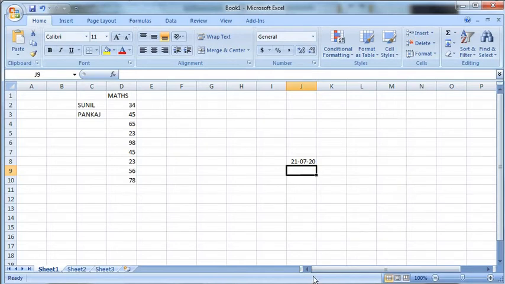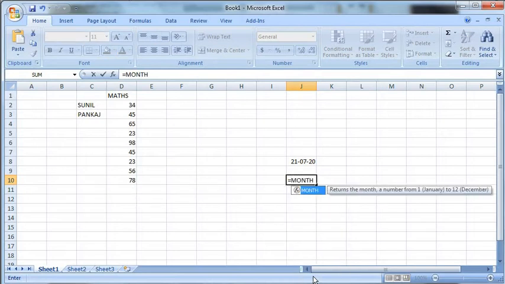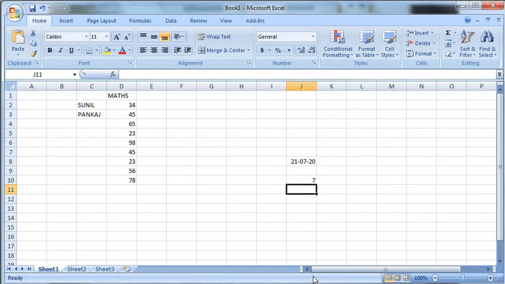In the same way, if I write equal to MONTH, then in the bracket TODAY, parenthesis open, close, then close the bracket of month, then enter. We got the value 7, so the month of today's date is 7.